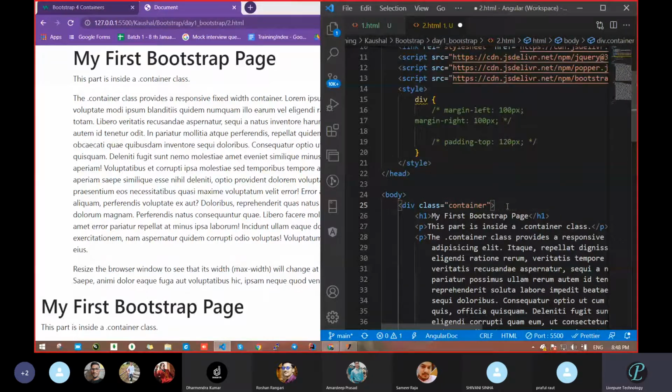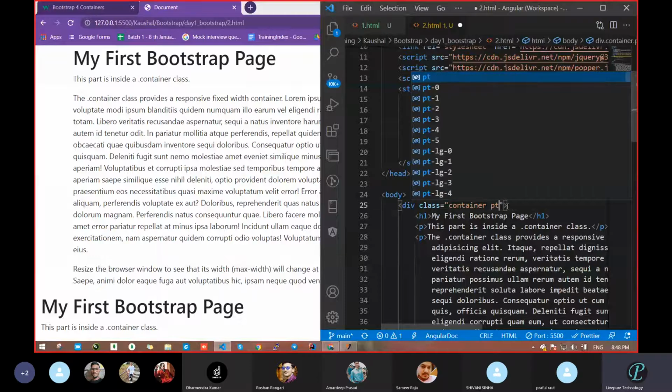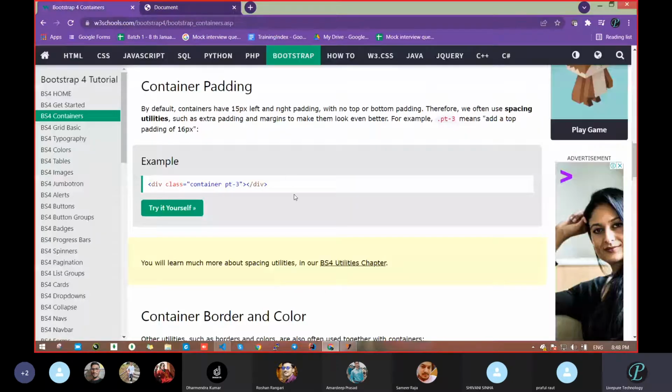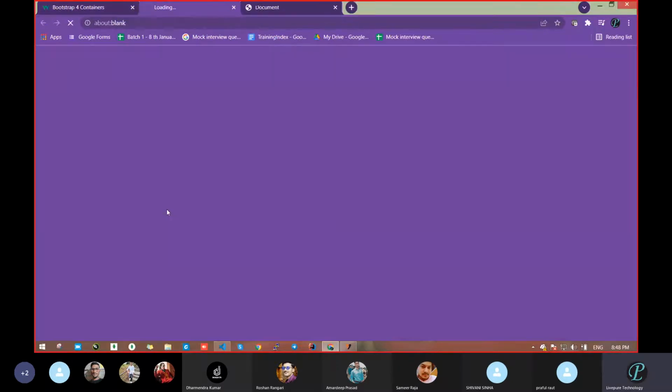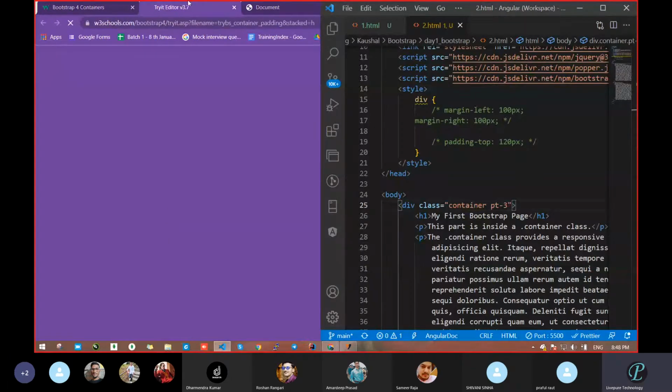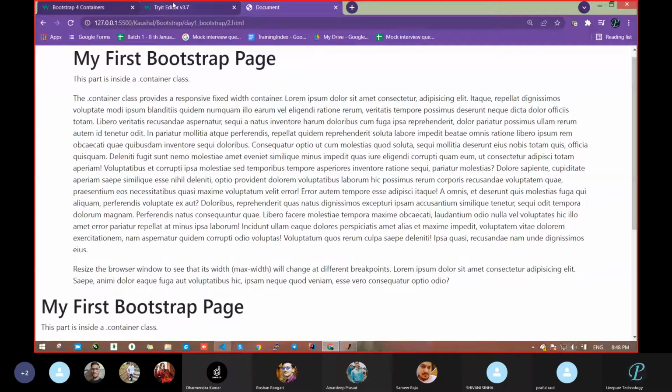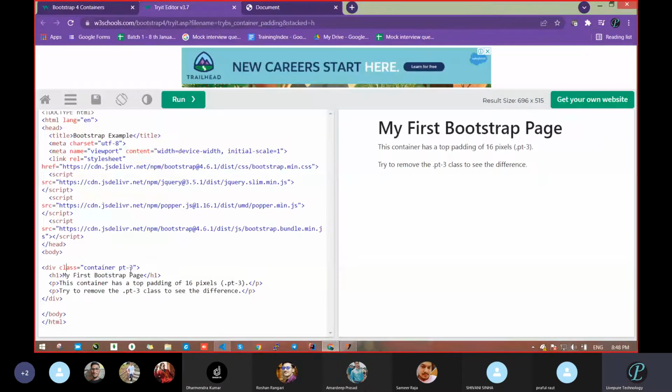I think there is a problem. Wait. Padding-top, give 3. Let's save. What is happening? Why is it not giving? Padding hyphen 3, that's fine. Container.